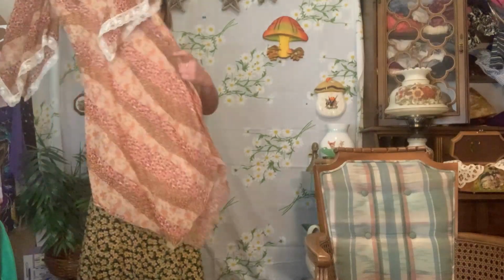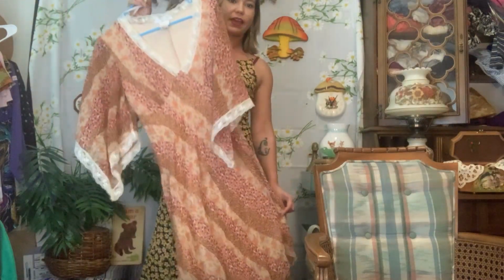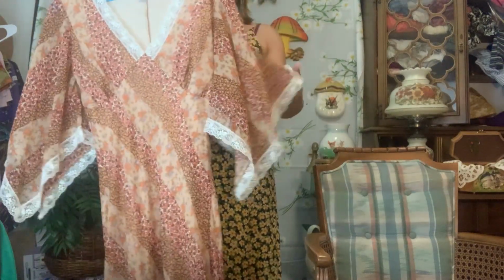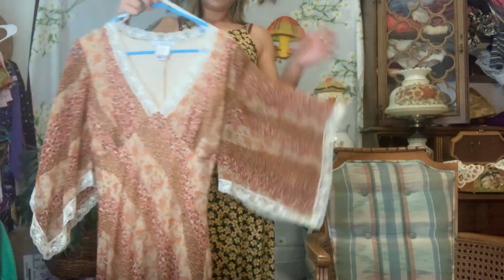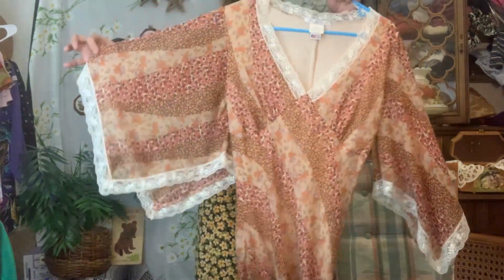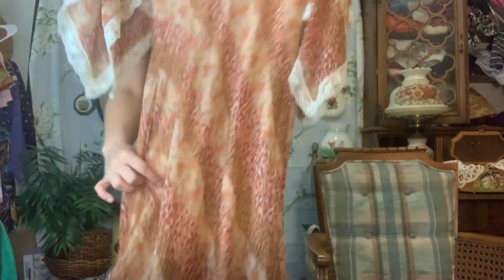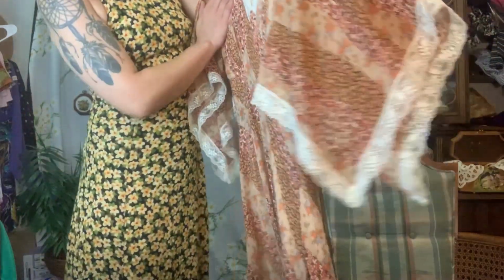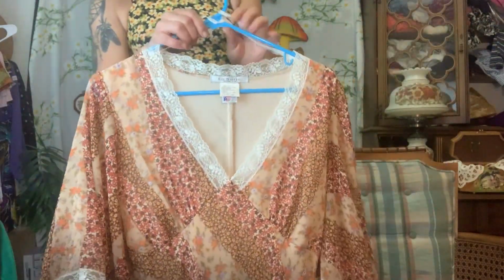And then we've got this, it's a great dress. It's got those really popular peasant sleeves, and then we've got all that lace, and now we are back in vintage land. This is definitely vintage. If it says made in the USA,